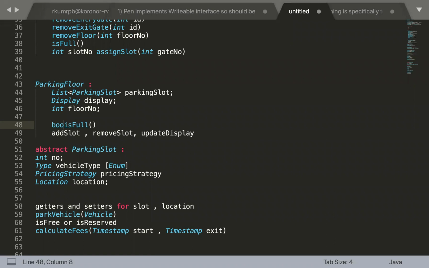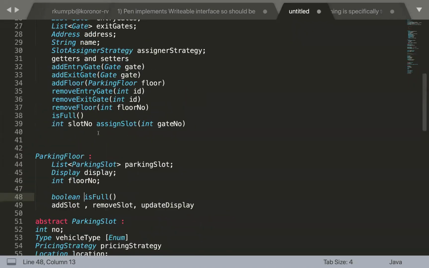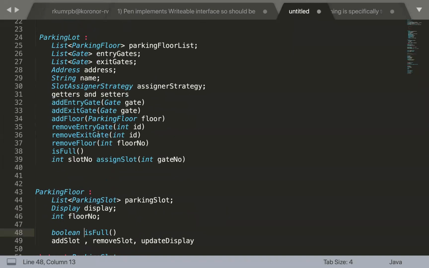So this can return a Boolean. And then any other, so basically this slot assigner strategy will have one or more child classes, correct? And those classes will implement this assign slot functionality and will return any slot.